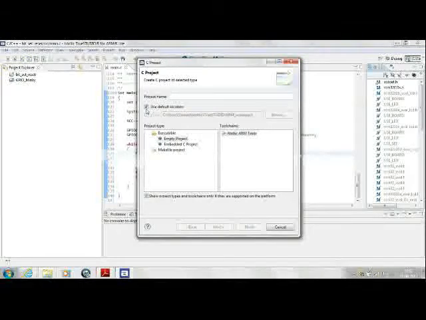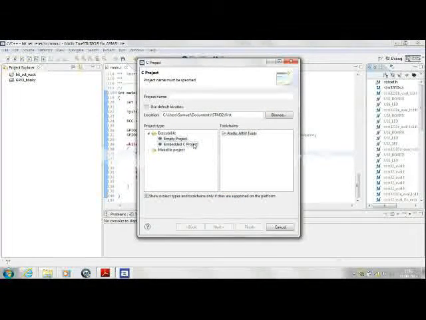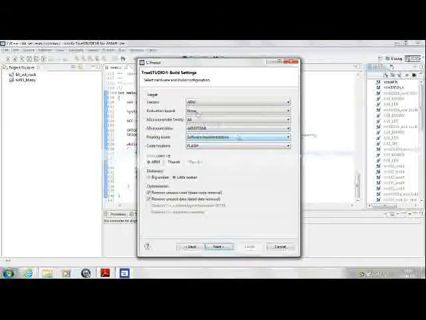You can avoid using the default location for your code and give a new folder. Say I put it in this folder called first. The point to notice here is that you have to select an embedded C project because we are working on embedded projects, and say I name this try1. Go to next.